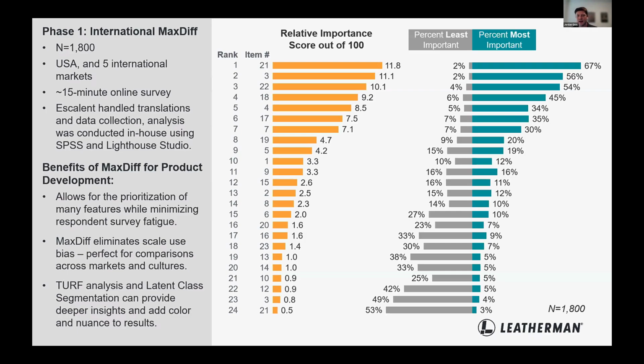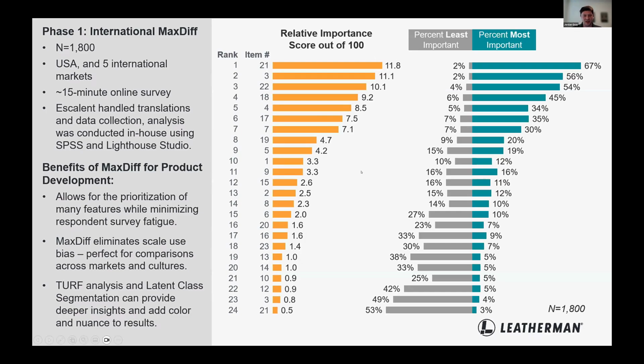Now, I'm sure most of the people on this call are familiar with MaxDiff, but if you're not, it's a discrete choice exercise where you're looking at which of a series of items is most and least important. In this case, we showed 5 items per screen. And what the data is showing us here is the rescaled importance score data for the 24 items that we tested in this study, or it might be 23 actually.